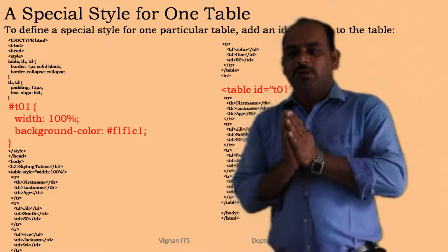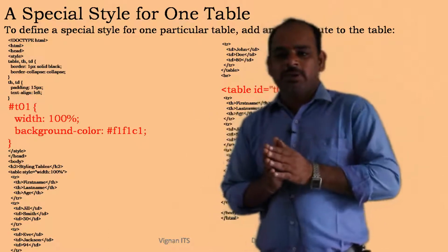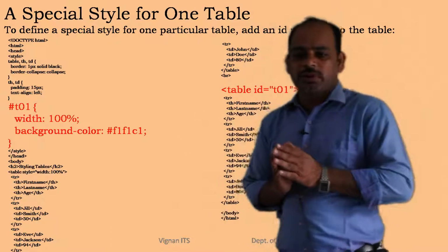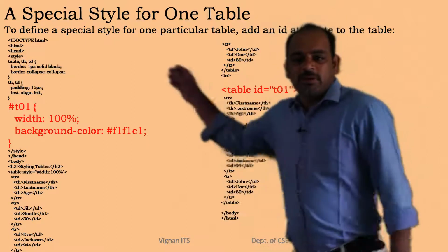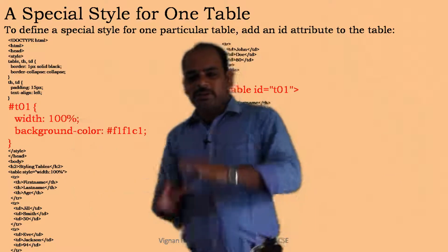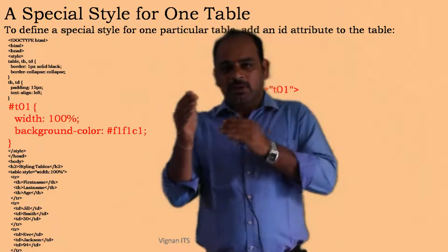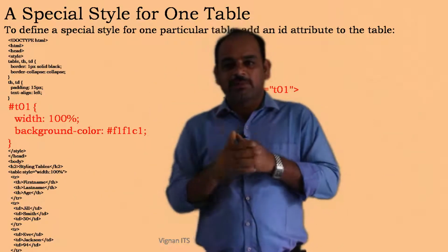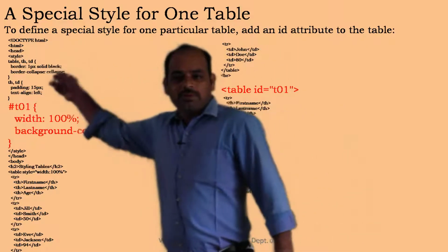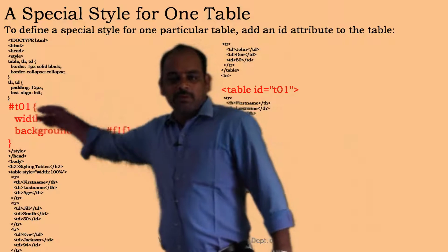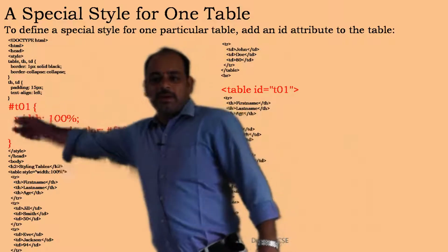A special type of style for one table here. That also we can do here. There is a background color we can set for the table here. See, let us take that our PHP page has two tables here. For each table, one ID will be given here. So for that, you can see here, this is the code. We have the two tables. In table 1, this is an ID here.